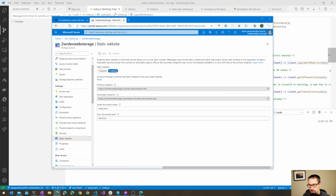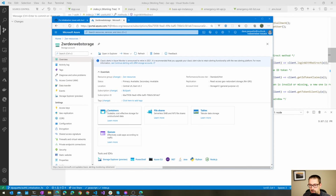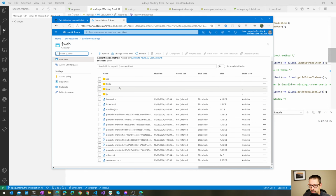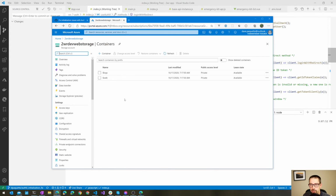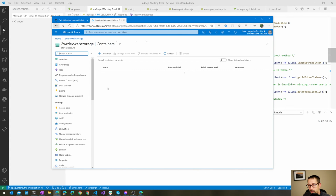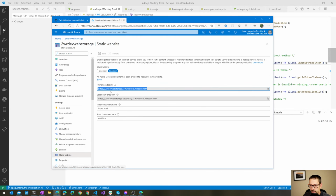So we have that enabled, and it just points you to index.html if you go there. What that does when you enable static websites is it creates a very simple container here, $web, that has basically the assets that were the output of your build when you built your Vue app. And when you have static websites, it exposes a URL here that is your blob storage endpoint,